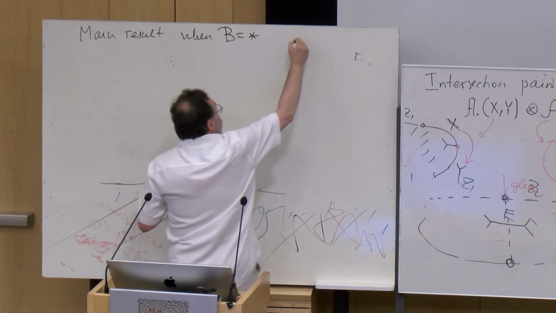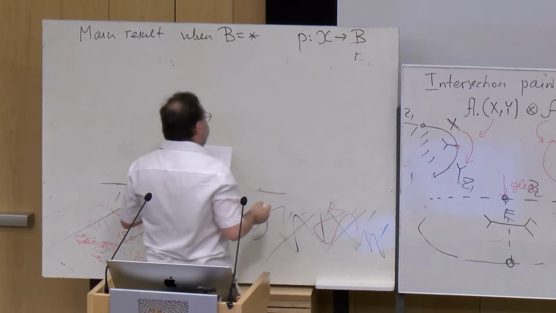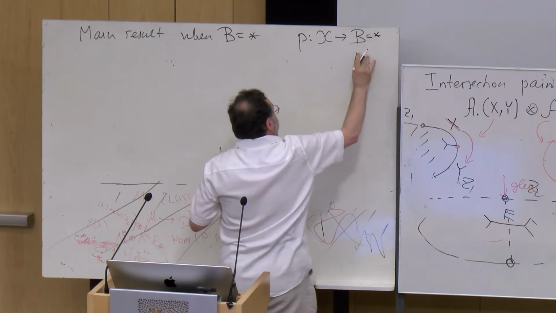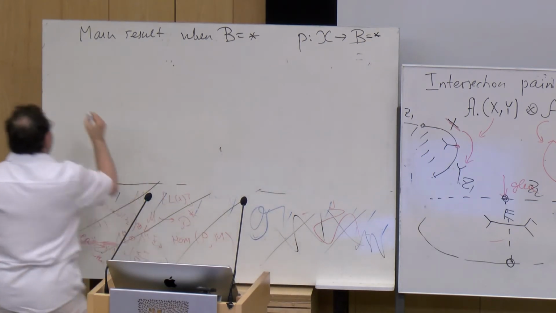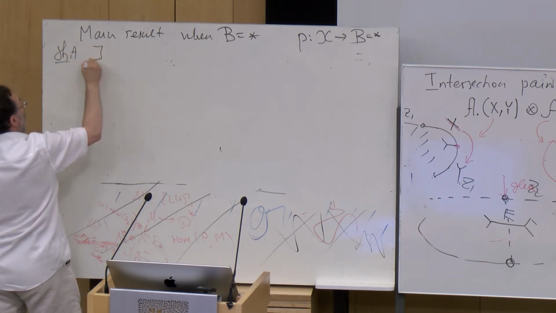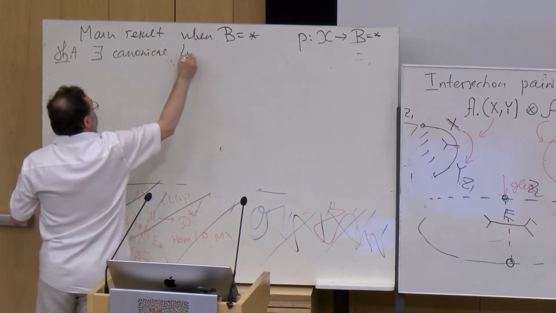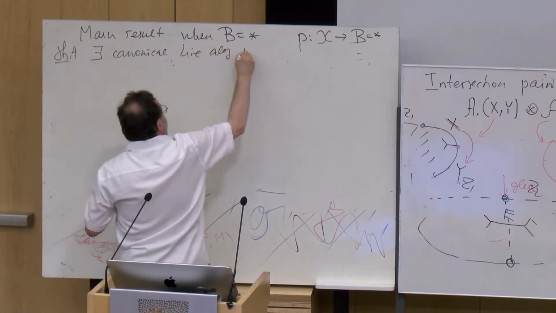So now you have to remember that I have a map from X to B. And now in this case, B is a point. And so the theorem is that there exists a canonical Lie algebra map